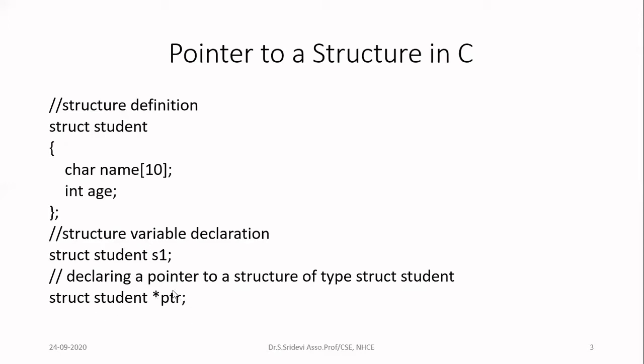What is the next step is, I have to make this pointer point to the structure. Now the pointer will be created, but it will not have the address of the structure. So now you have to make the structure pointer point to the structure. So can anyone tell me how I can make this ptr point to the structure s1? ptr equals ampersand of s1. Yeah, ptr is equal to &s1.